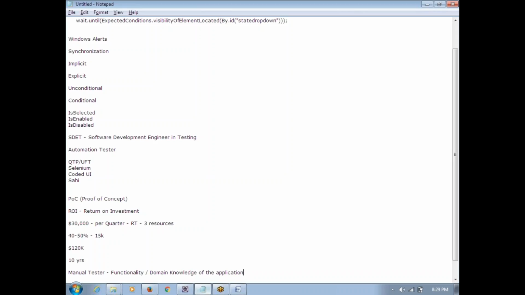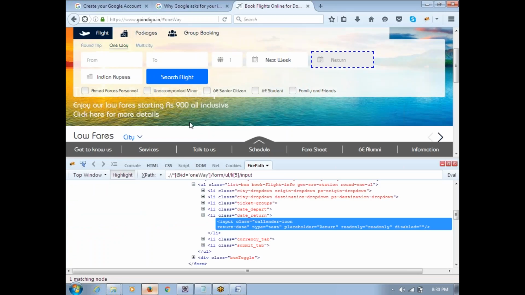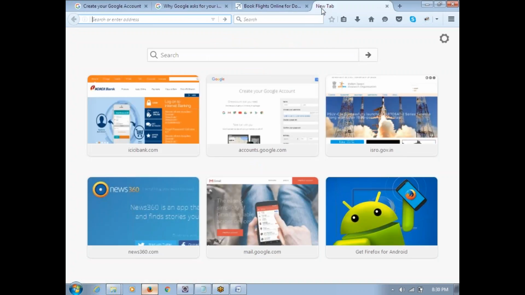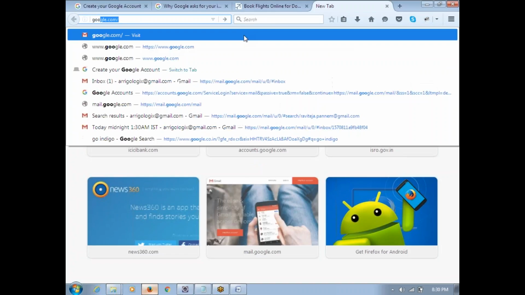I cannot say automation testers have no life. But if you see for the next 5 to 10 years, most of the companies are moving to automation. Even so, if you stay in the same domain for a long time, then maybe you will have better domain knowledge. Exactly. So I hope you guys have some time. My suggestion,